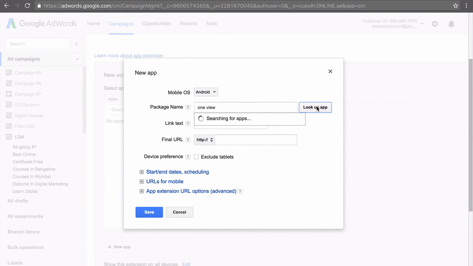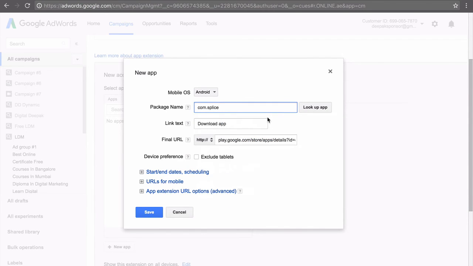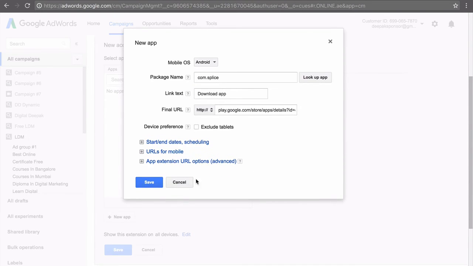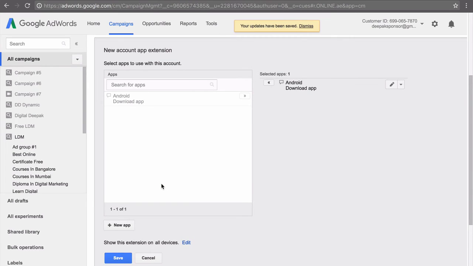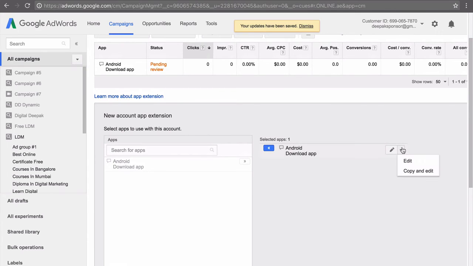I'm just searching for one of the apps, which is not mine but one of my friend's apps. I'm adding it here, and this is the final URL that it has given. I can click on save, and this particular app is added as an extension, as simple as that. We'll remove it for now.